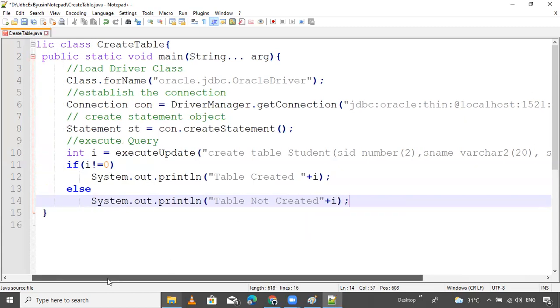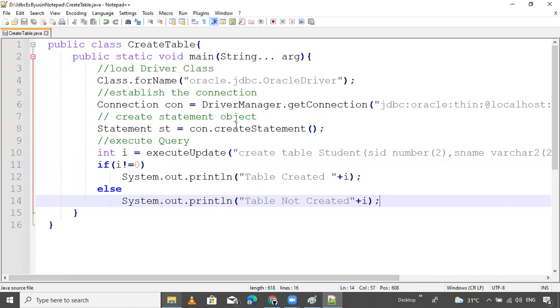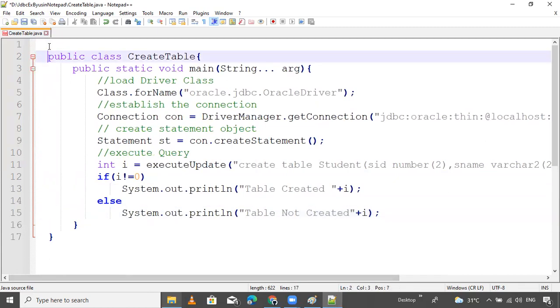This is the total steps to prepare a JDBC application. So now I want to import some packages.